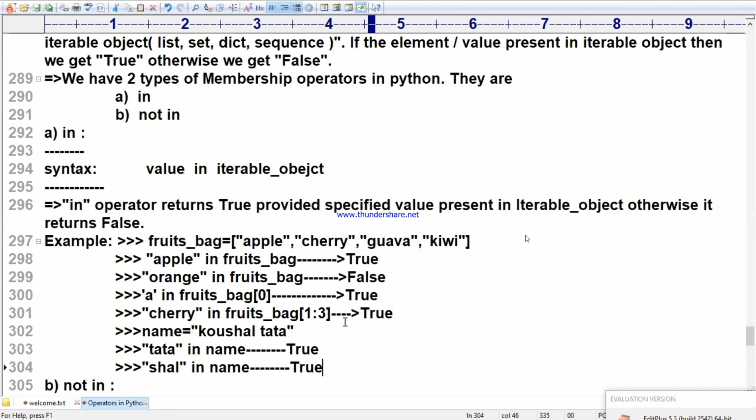If you want True when the element is present, you use in. If you want True when it is not present, you use not in. So with my explanation, you can understand what to use when and how.